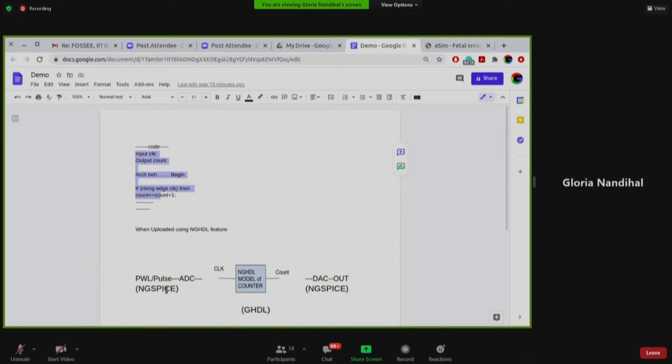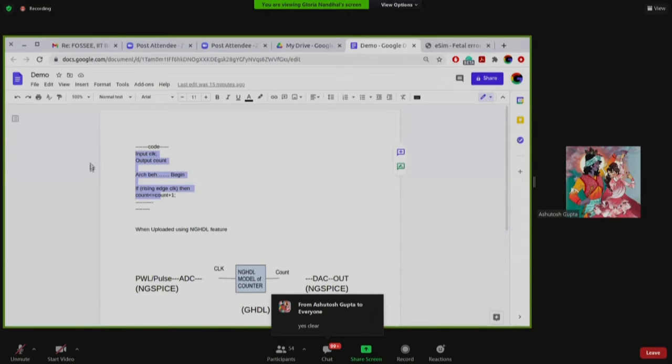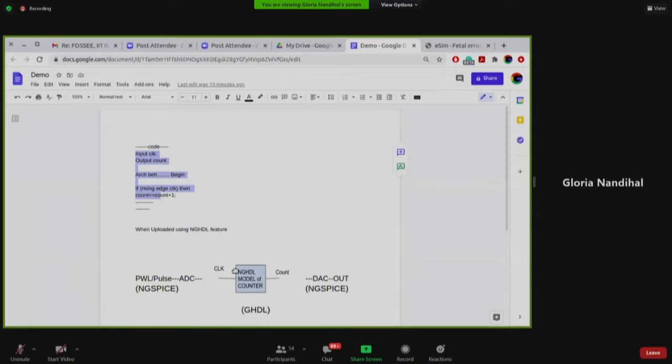We are using ngSpice components and we are using a GHDL model. Am I audible? Yes, ma'am, clear. So you got this idea of how it works.